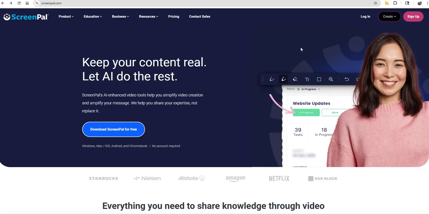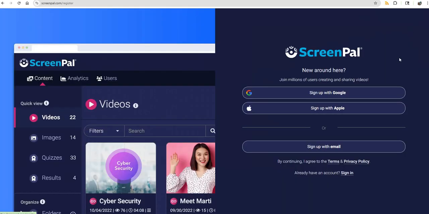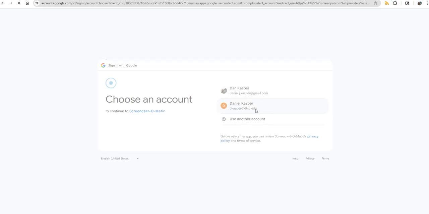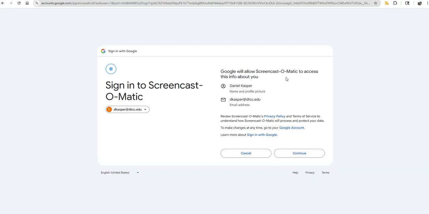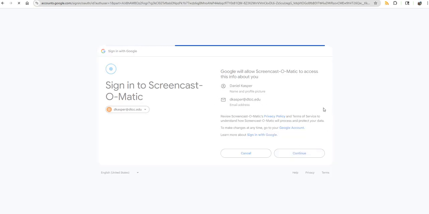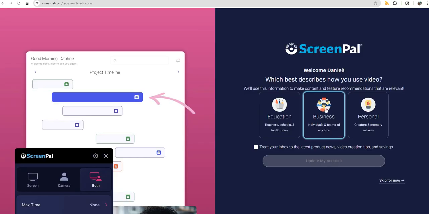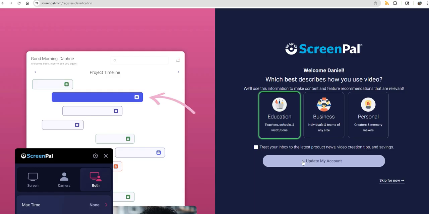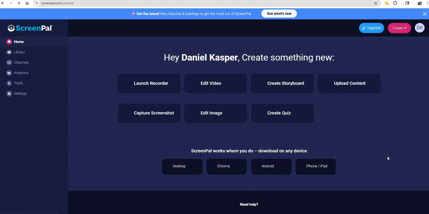So if you do not have an account, you're going to need to sign up. If you do have an account, just log in. I'm going to see if I'm signed up on my other account here. I like to just do it through Google, super easy. I'm going to continue. All right, I'll click education here. I'm going to skip this actually, don't need to tell them. Okay, so